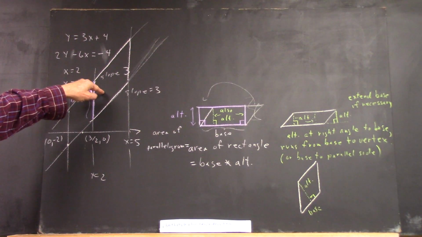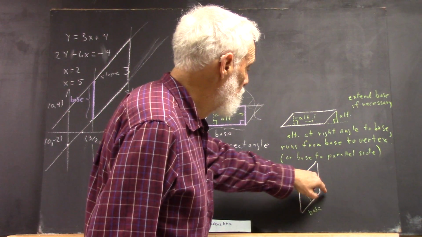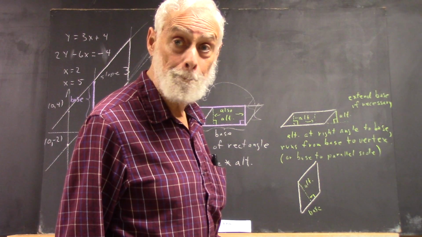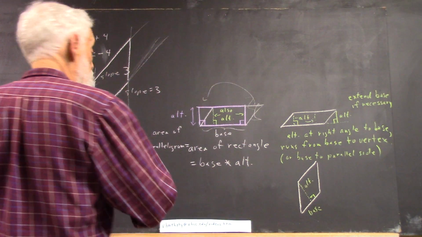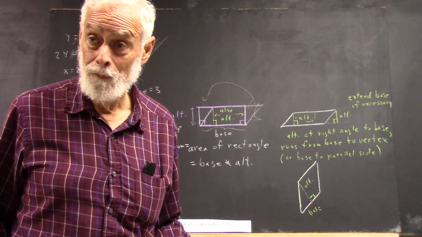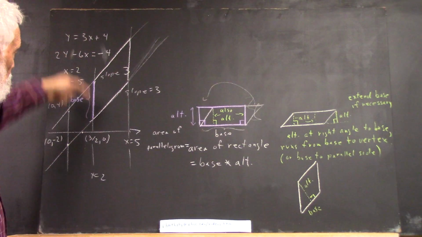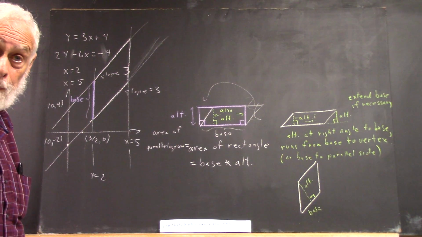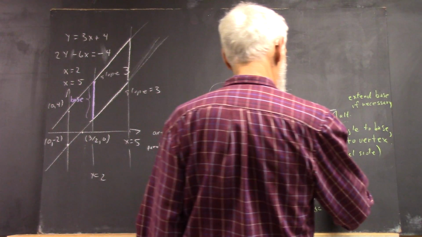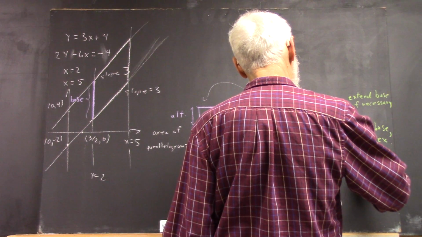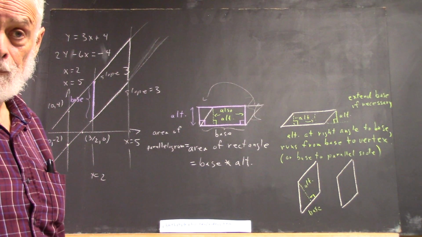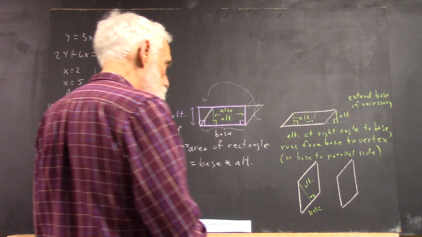Now if that's this triangle, that's not a very convenient choice for the base and the altitude because neither one of them goes in the direction of a coordinate axis, right? Now if I do a general parallelogram, there's no guarantee that anything's going to be parallel to an axis, okay? But for this parallelogram, we notice that one side is parallel to the y-axis, right? So in the case of this parallelogram, well, we have an alternative. If the parallelogram is like this, we could choose one of the other two sides as the base, right? So now if we call this the base,